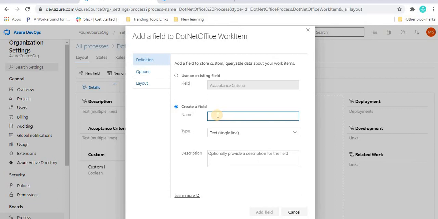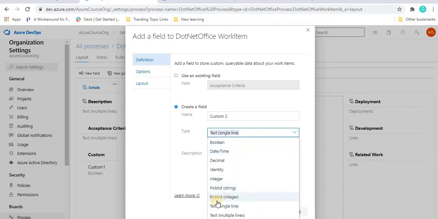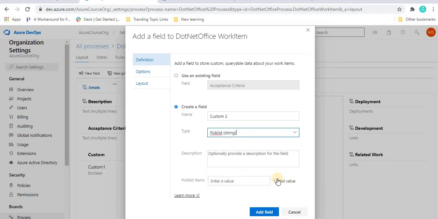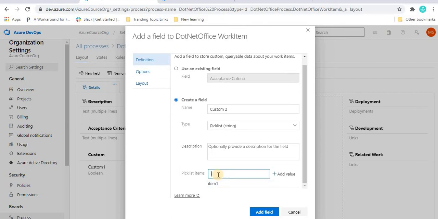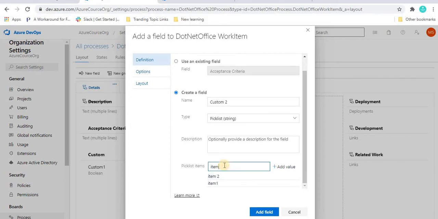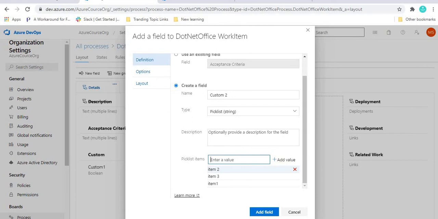Now here I want to add the custom 2, and I want to make it a drop down. So how can we make it? From here you select the pick list, string, integer, whatever you want to make. I want to take a pick list string, and here you are looking at the add value. So I'm going to select item 1 add value, item 2 add value, and item 3 add value. So it will add, like a drop down, and we will see one field under the middle